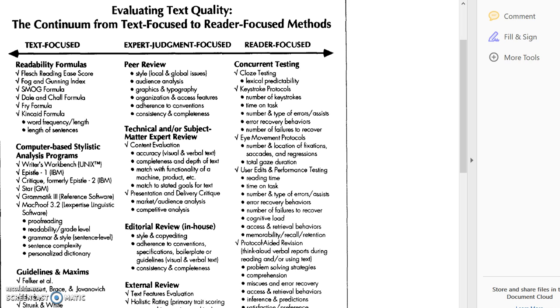So for text focus, you could do something like a readability formula, or you could do something like computer-based stylistic analysis, and that could be simply using a program that's going to check for spelling, grammar, that sort of thing. Even if you have a version of Word that does the readability analysis, you can definitely use that. If you are following any guidelines like Strunk and White, you could certainly apply that, but you don't have to